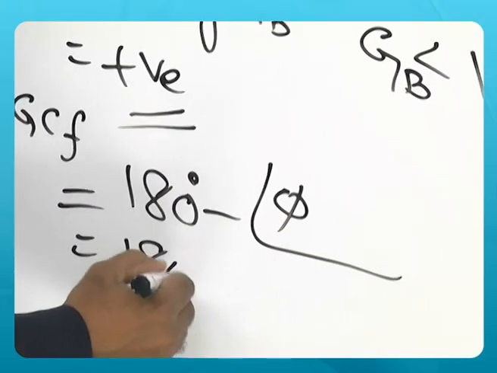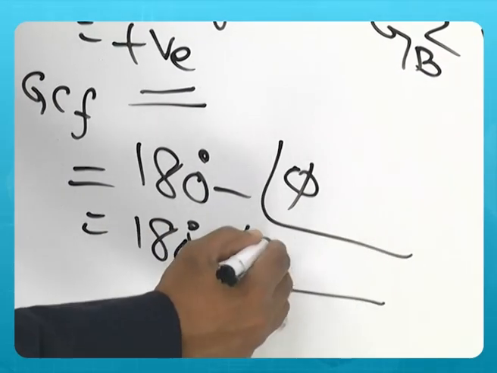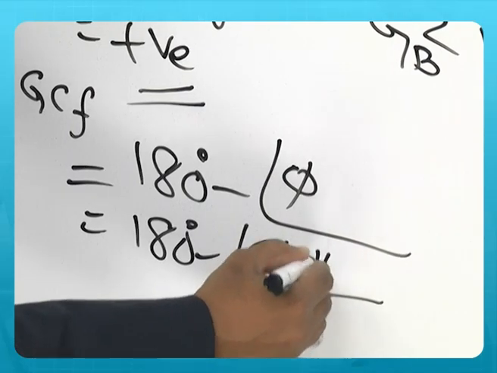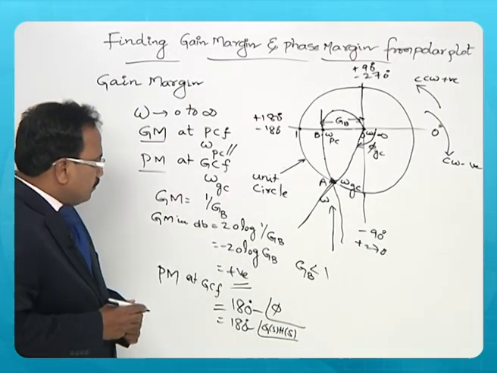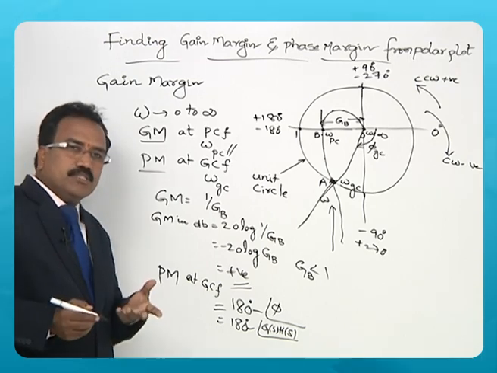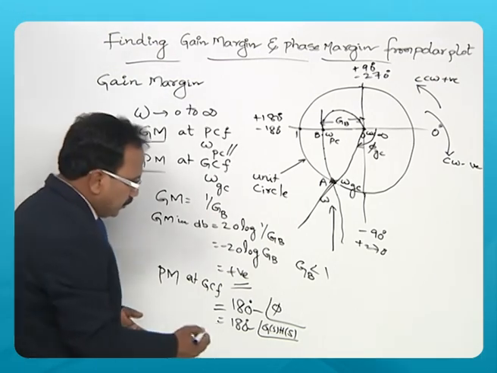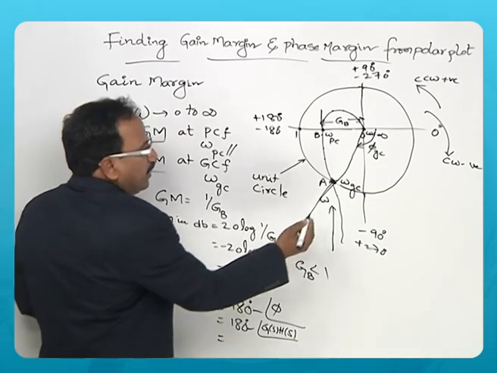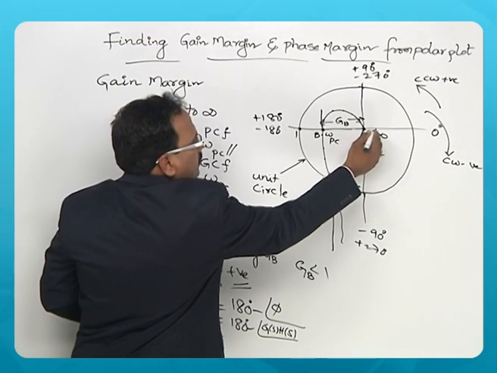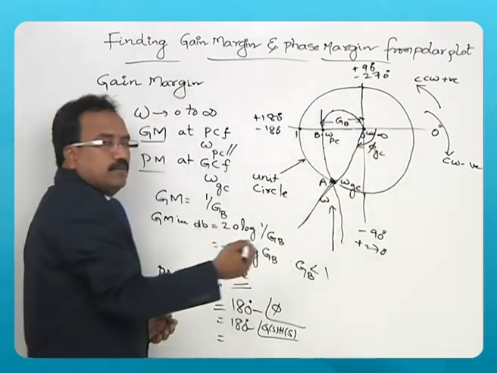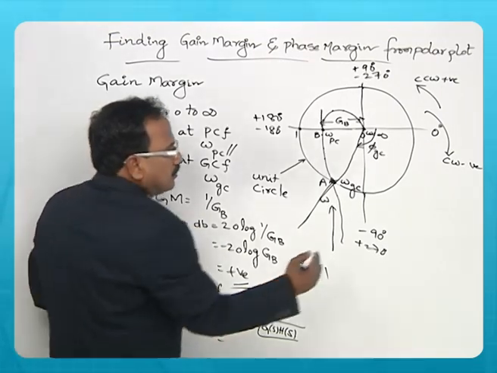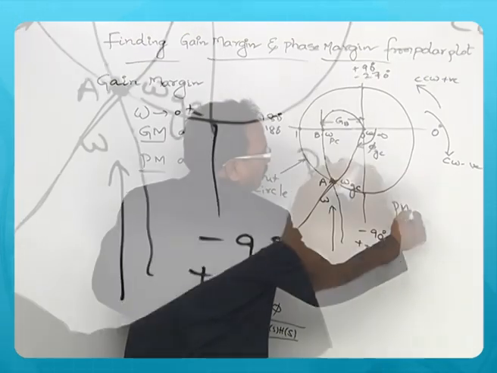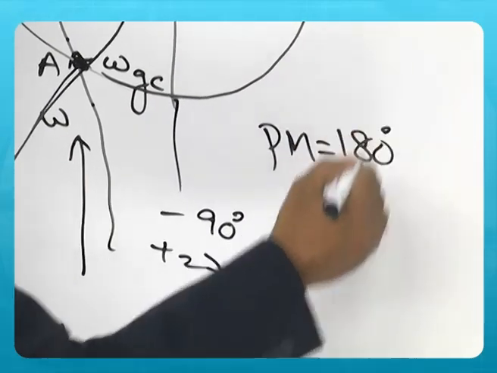Sometimes this can be written as 180 minus angle of G of S and into H of S. So, this phase margin is positive or negative, that actually depends on what the value is here. If you measure, say, minus 110 or minus 120, so the phase margin PM is 180